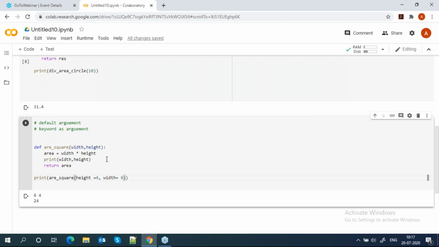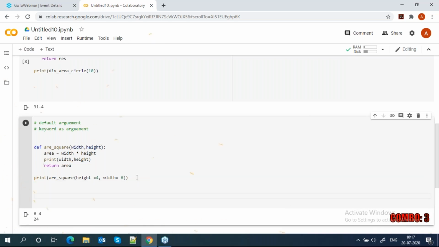Clear everyone? Now what is default argument? Anyone can tell me, if I didn't pass width here, what will happen?